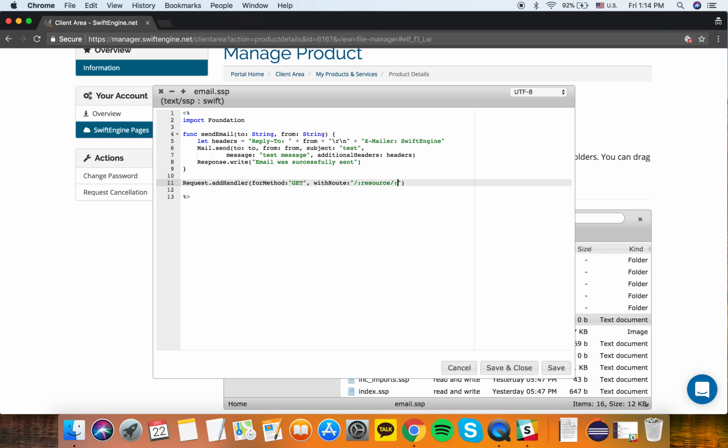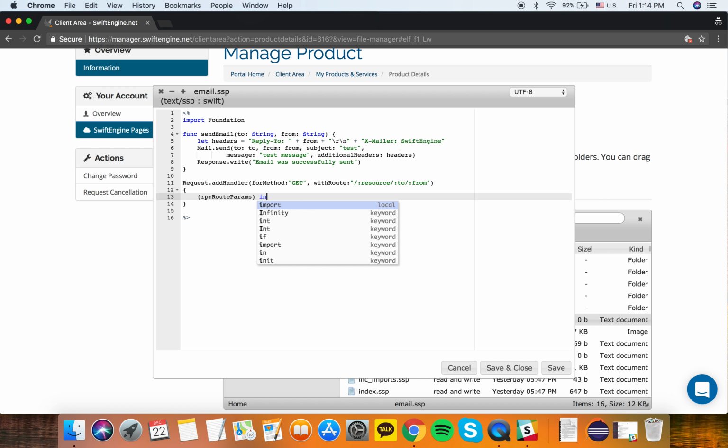And I'm gonna take 2 inputs. So if I don't have 2 inputs, it's gonna throw an error saying, hey, get some input or something, you know. Route params. Route params is basically going through every input and then just doing whatever you're trying to do